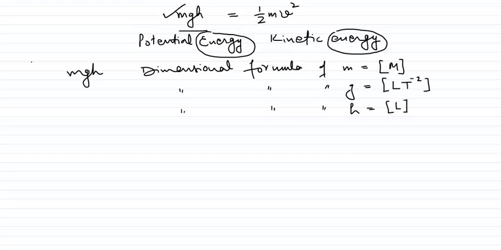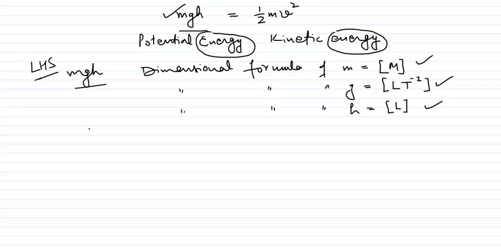Now to see this one, to check whether these are dimensionally correct or not, we will write the dimensional formula. This is our left hand side. The dimensional formula of M is M, dimensional formula of G is LT minus 2, dimensional formula of H is L. Now if we put this formula here, so therefore MGH